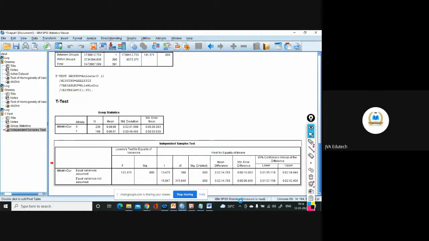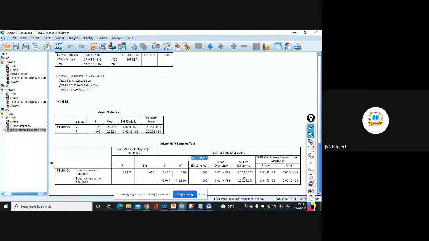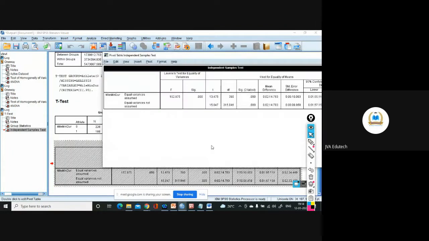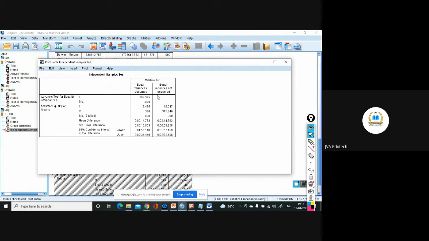Or you can simply double click on it. It will open in a separate window. Go to this pivot option and transpose rows and columns. Now it will fit to your page.